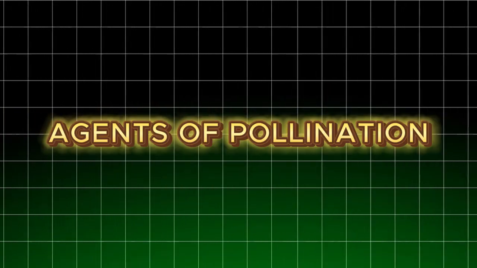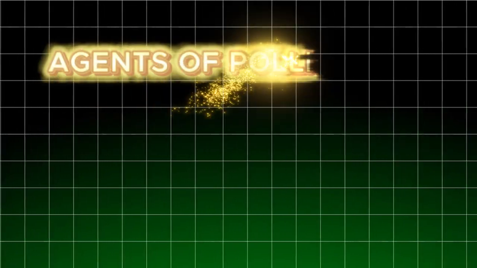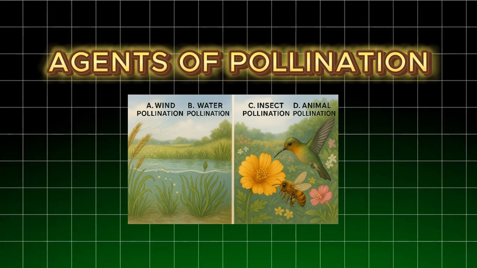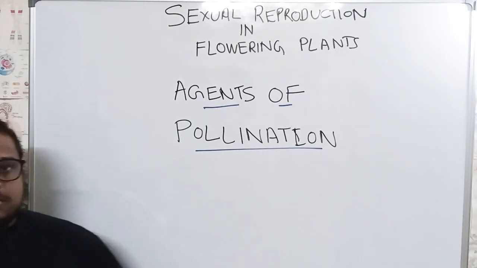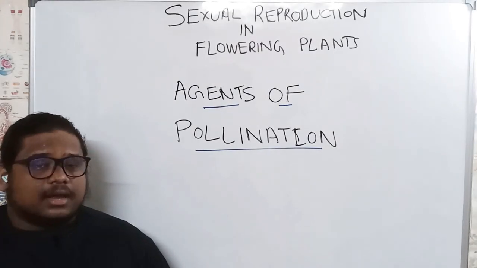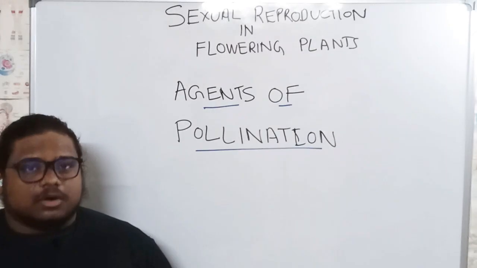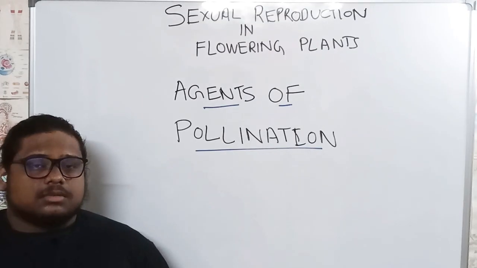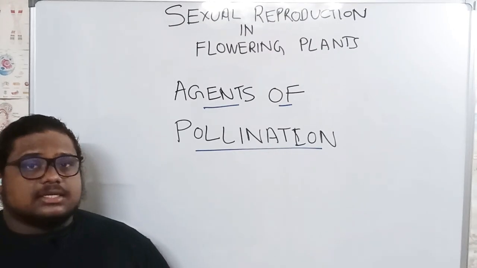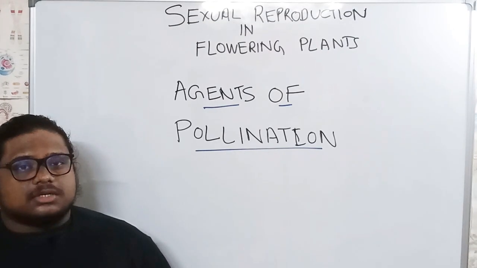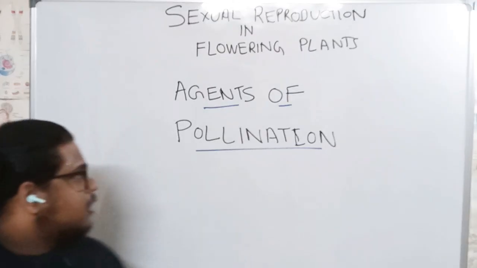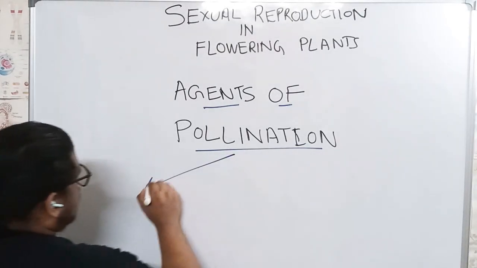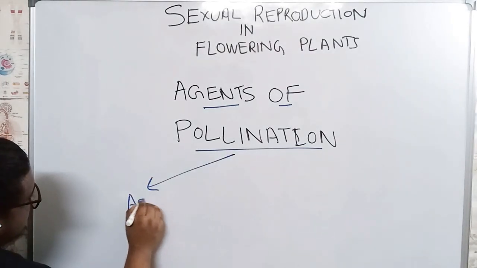ये जो चीजें हैं these things they are known as agents of pollination. मतलब कि those things or those agents which are responsible, which cause pollination, they are the agents of pollination. इनका main function होता है to carry out and facilitate the process of pollination between two flowers. अगर ये agents नहीं होंगे most probably pollination will be very difficult. Now pollination is of two types. Number one it is abiotic